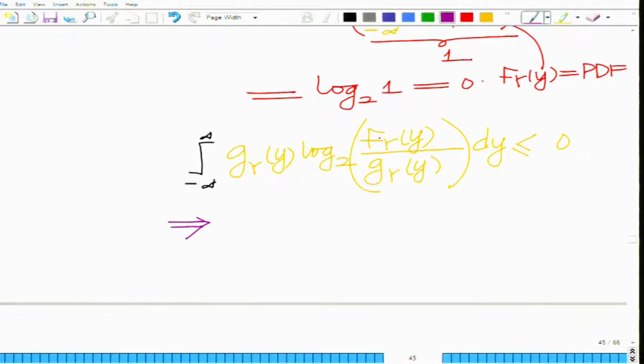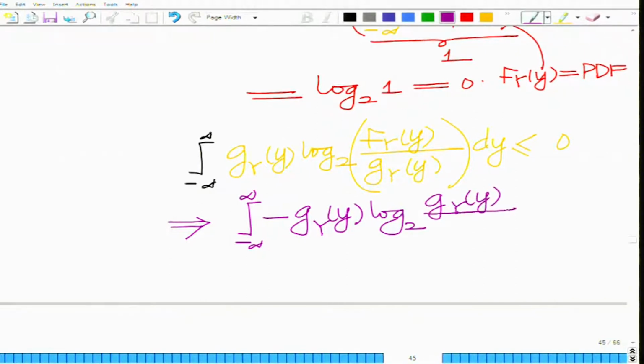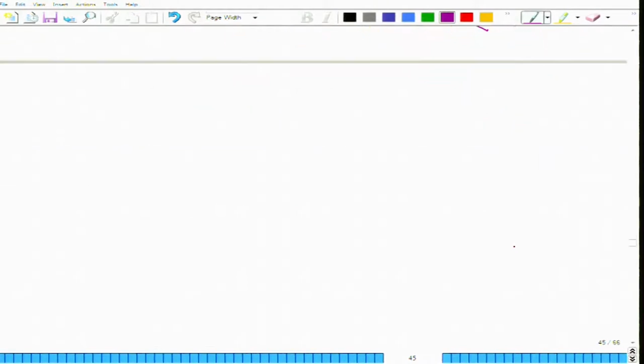This implies log of f_Y(y) divided by g_Y(y) is nothing but minus log of g_Y(y) divided by f_Y(y). So this is the integral from minus infinity to infinity of minus g_Y(y) log to the base 2 of g_Y(y) divided by f_Y(y) dy, and this is less than or equal to 0, and finally you bring the negative to the other side,